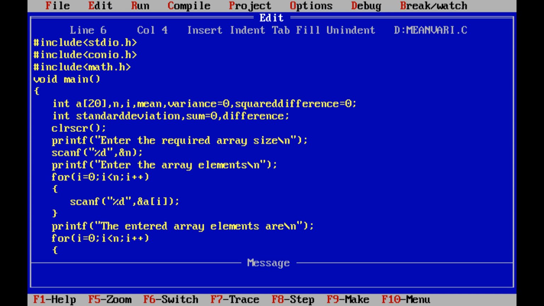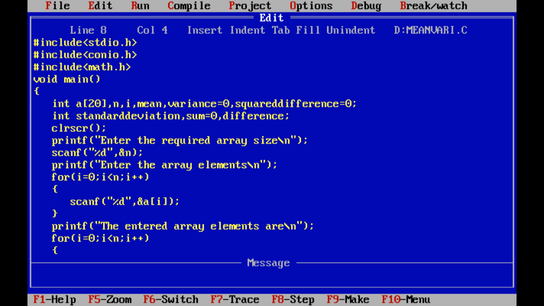So these variables can be declared as integer variables. Here the available array size is 20. From that available array size, we have to consider only the required array size. That required array size is stored in the variable n. Initially, variance is equal to 0, square difference is equal to 0, sum is equal to 0.